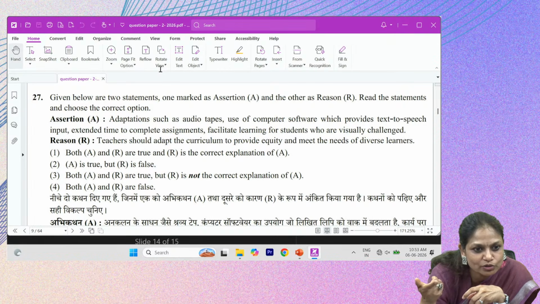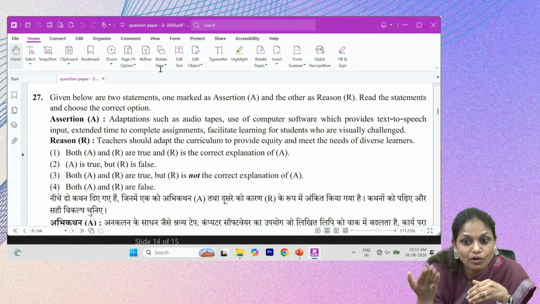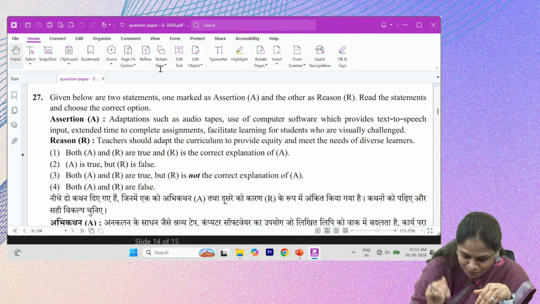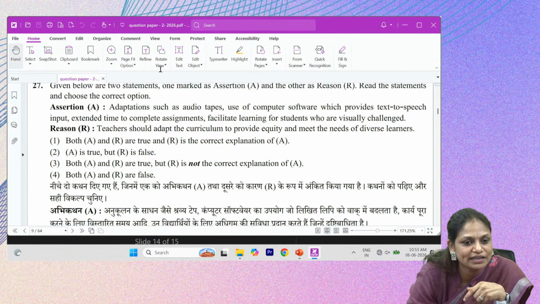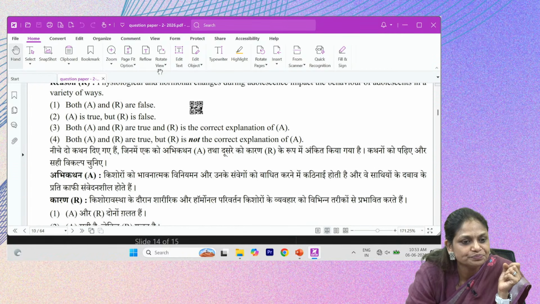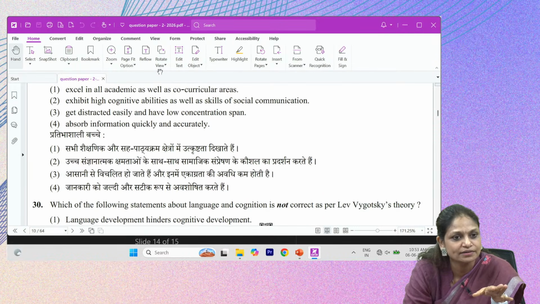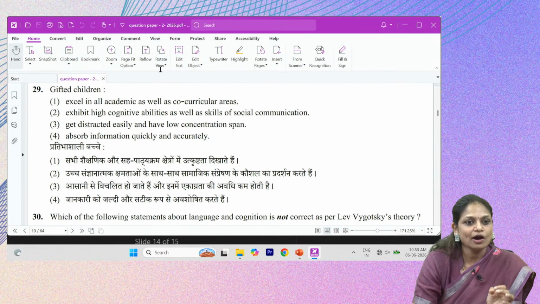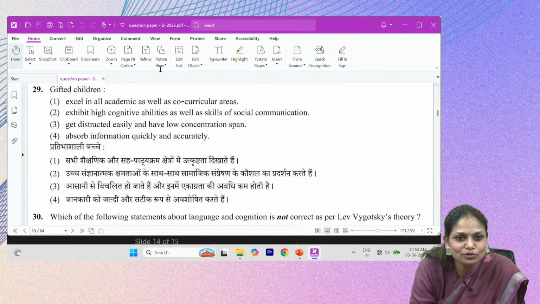रिस्पॉन्ड, हाउ क्विकली यू एबल टू गेट द करेक्ट रिस्पॉन्स, बहुत जल्दी। तो सेम थिंग यू नीड टू सी। नाउ आई एम कमिंग टू द लास्ट क्वेश्चन, 29th क्वेश्चन ऑफ दिस पर्टिकुलर क्वेश्चन पेपर। 29th, yes 29। नाउ गिफ्टेड चिल्ड्रन, अब ये क्वेश्चन आपको देखते ही याद आ गया होगा